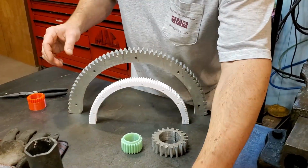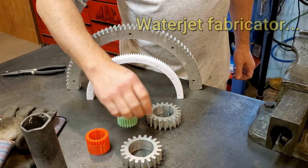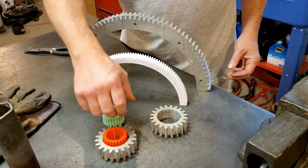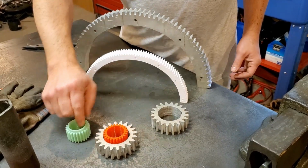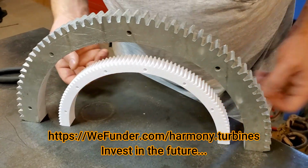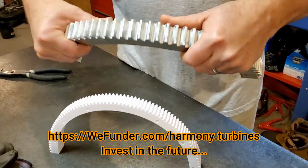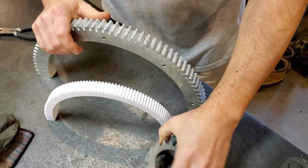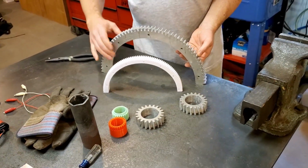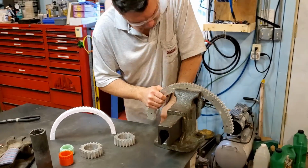gearing. It's just insane. These are the parts that we just got yesterday from the water jet manufacturer at the shop where they cut these out and water jetted them. These other gears actually fit inside of the old gears. Or in the new gears. They're just like, I won't say toys, but it almost seems like toys compared to what I'm holding here. You know, the sturdy nature of these gears. These are full 1-inch thick aluminum gears, and just putting them through their paces a little bit to